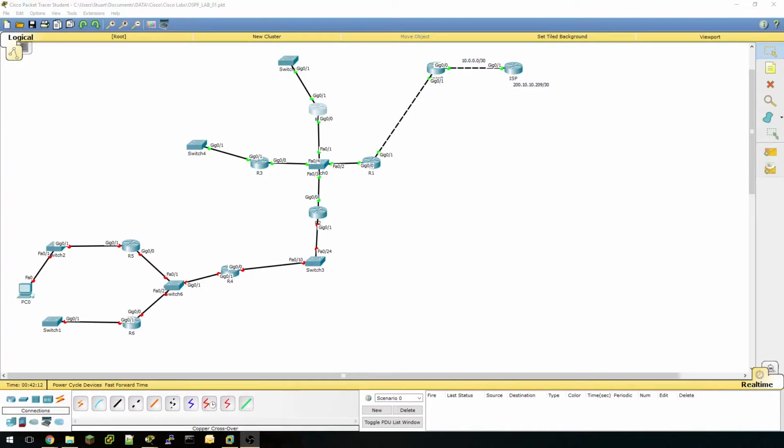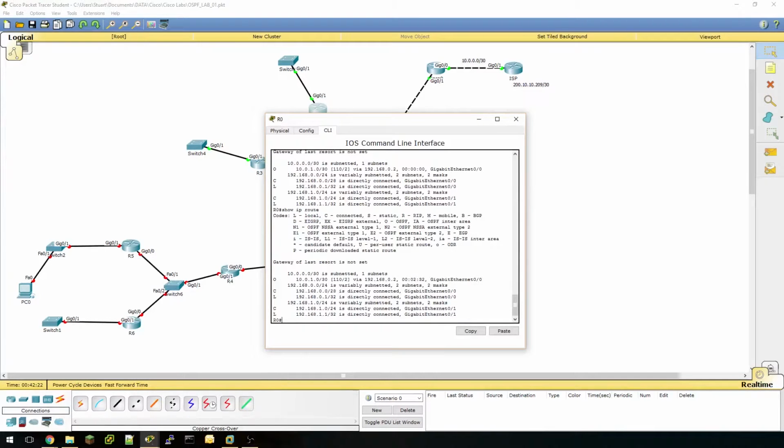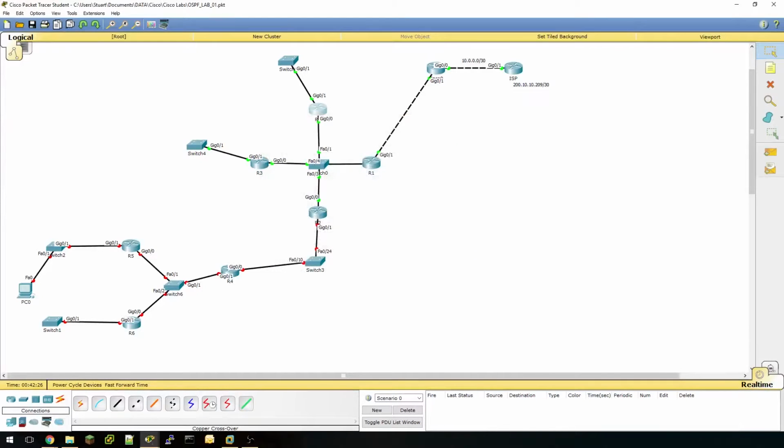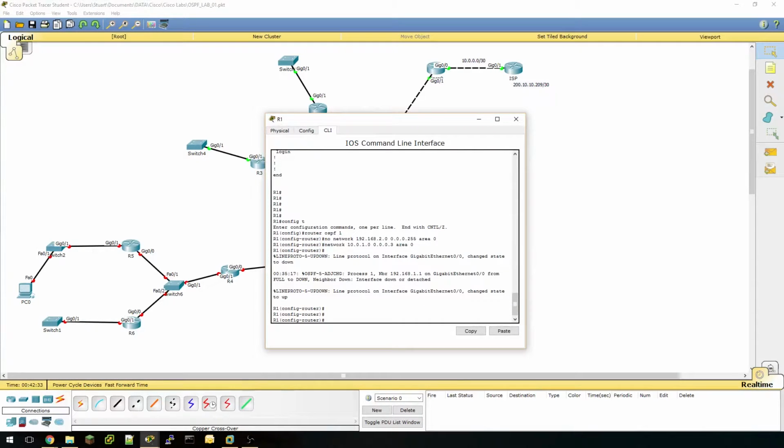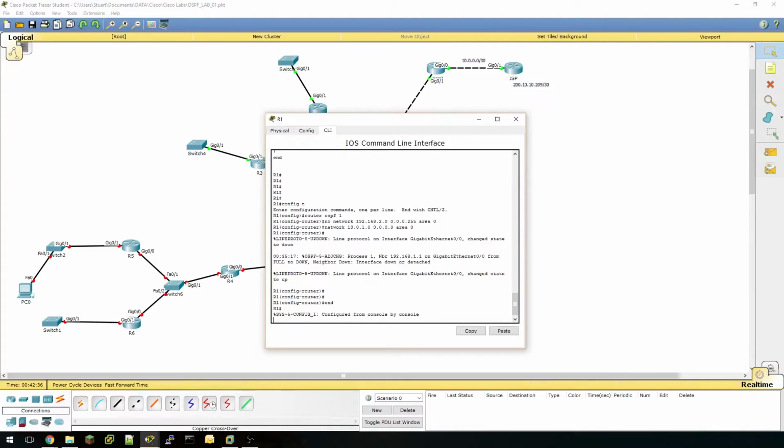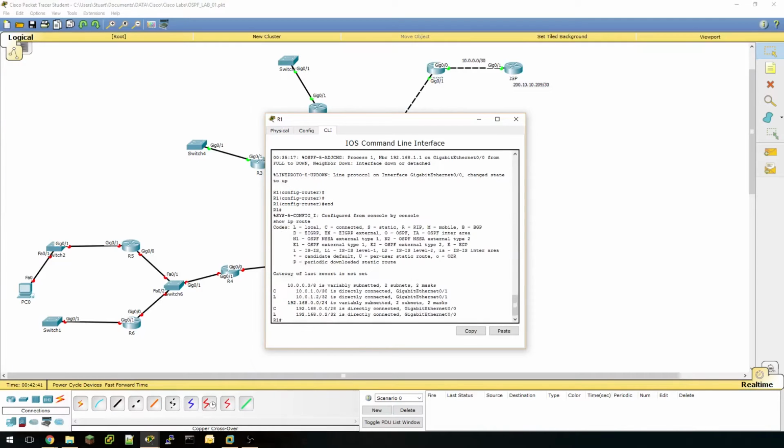So far we have configured up the ISP router, the Core 0 router, the R0 and the R1. Now both the R1 and the R0 are actually populated with routes. So if I do a show IP route, I have my route coming from R1, and if I do the exact same on R1 IP route, you can see, not at this stage because I just unplugged the cable,